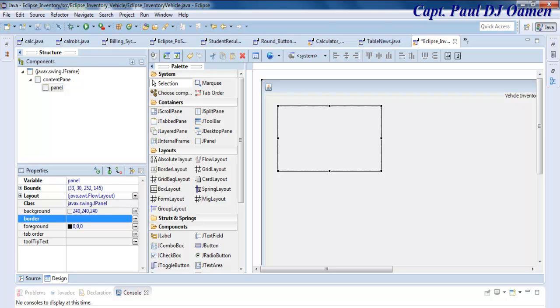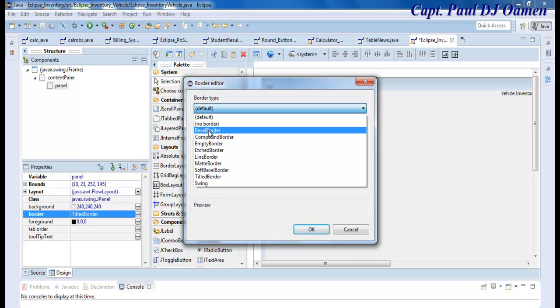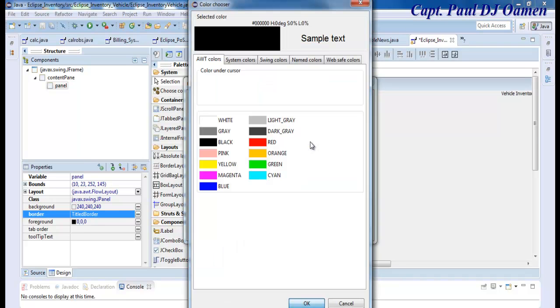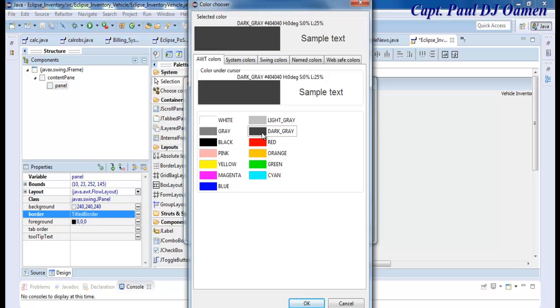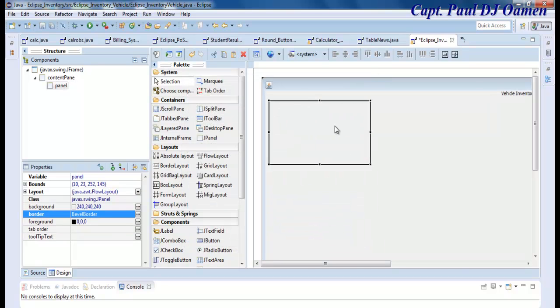let's select border, click on the border, and then let's select beveled border. Okay, make sure it's lowered. If you like, you can always change the color. I'll change my own color to dark gray and click on OK. Let's click on OK. There, that's my